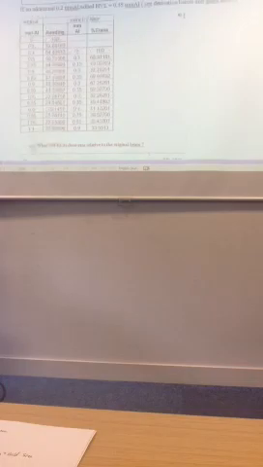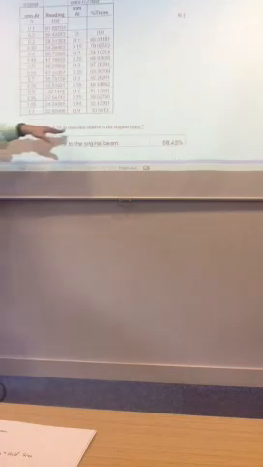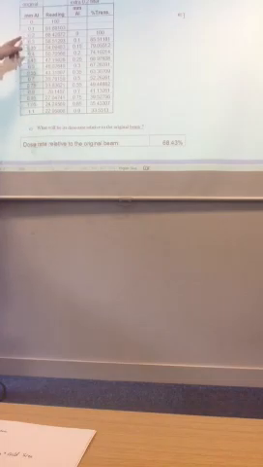And the other part of the question, what will be the dose rate relative to the original beam? Well, you have it here. Before, when you put 0.2 millimeters of aluminium, the dose rate had dropped from 100 to 68.4. So if the current is the same and the voltage is the same, the only thing